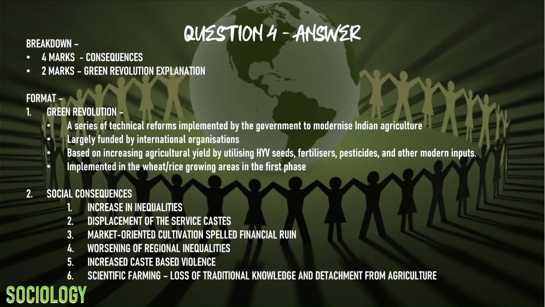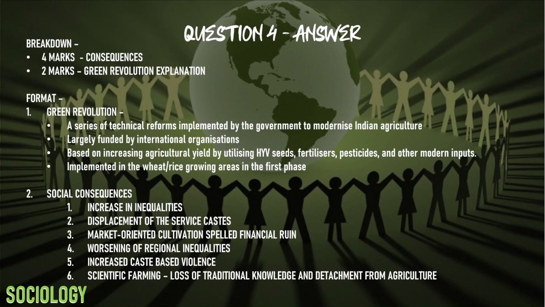And it is implemented in the wheat and rice growing areas in the first place, such as coastal Andhra Pradesh, Tamil Nadu, and Punjab, and it was later democratized across the rest of India in the second phase. So now coming to the social consequences, which is practically a guaranteed question, and the most important topic in the entire chapter about